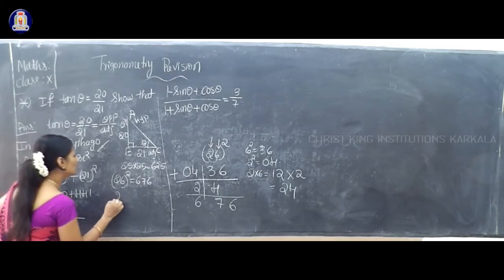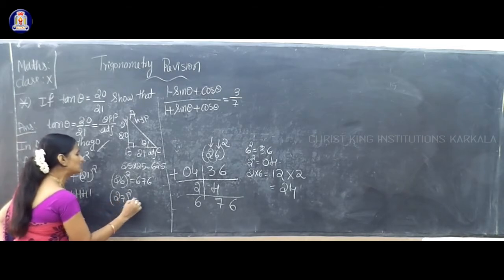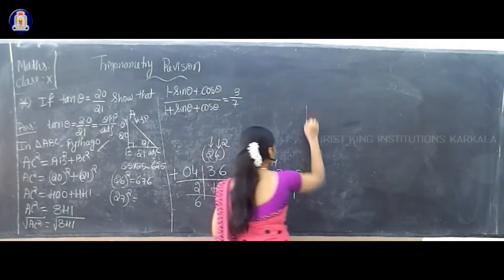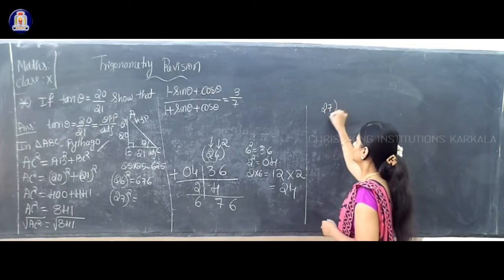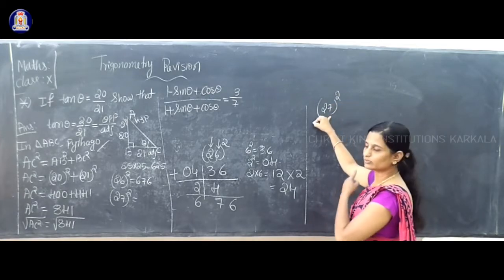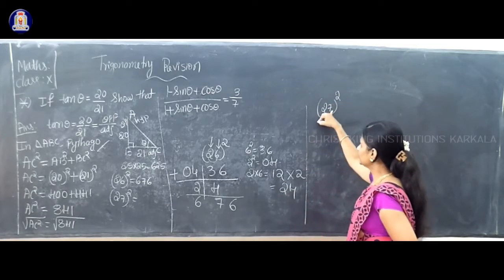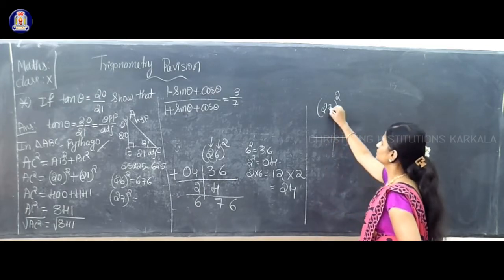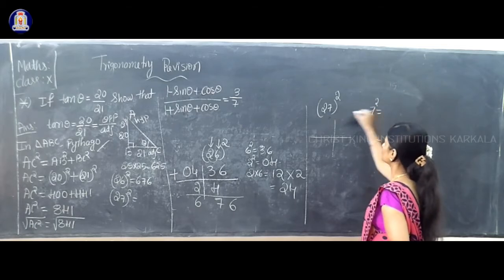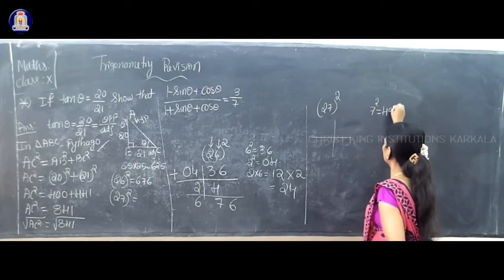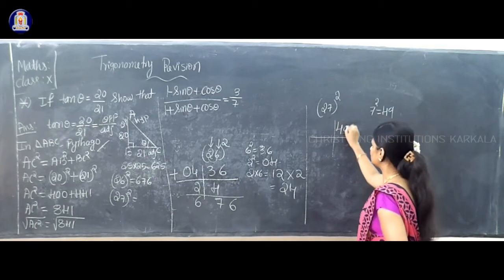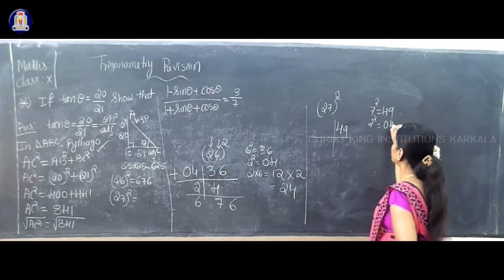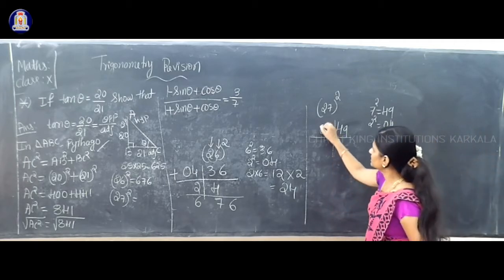So let's check 27 square. 27 into 27. You can follow that method or use this method. I think this is easy, that's why I am following this method. So 27 square. First 7 square, which is 49, as a 2 digit number. Next is 2 square. 2 square is 4, which is 04. So write 04.